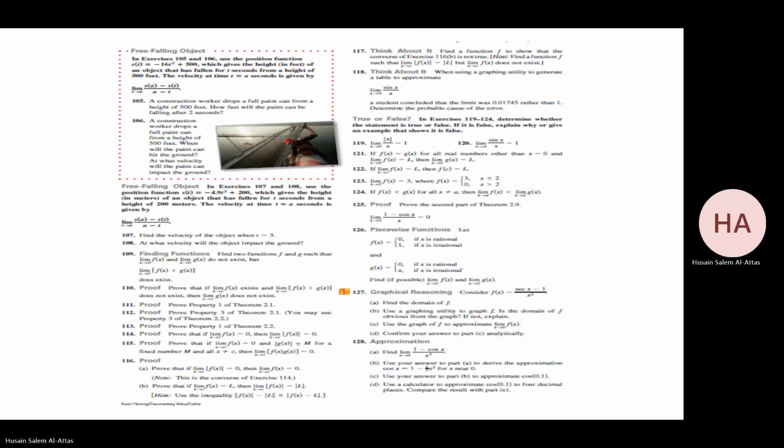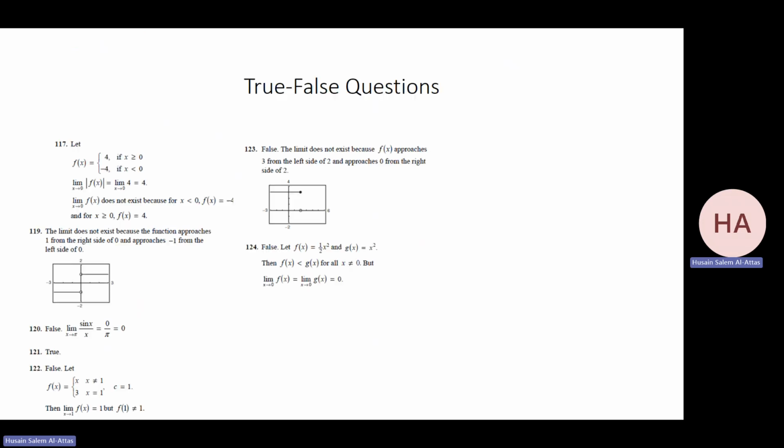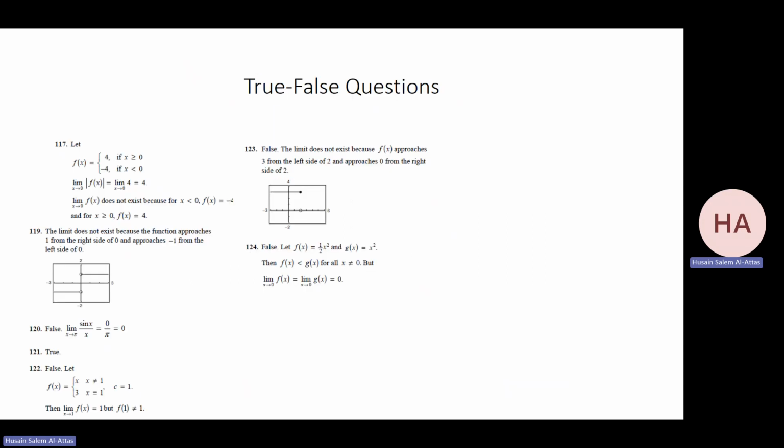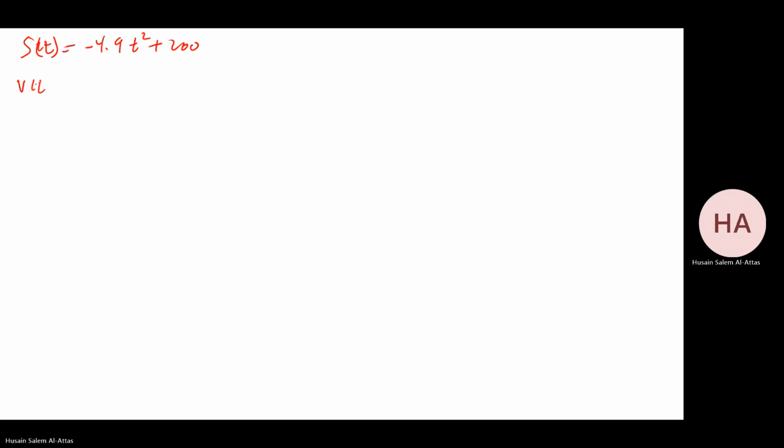Okay. Now we'll do a few problems. I will do 107 and 108. What is 107? He defined S of t. This is f of t, minus 4.9 t squared. He defined S of t as the function minus 4.9 t squared plus 200. Am I right? Yeah, plus 200. And he defined v of t, the velocity, as a limit